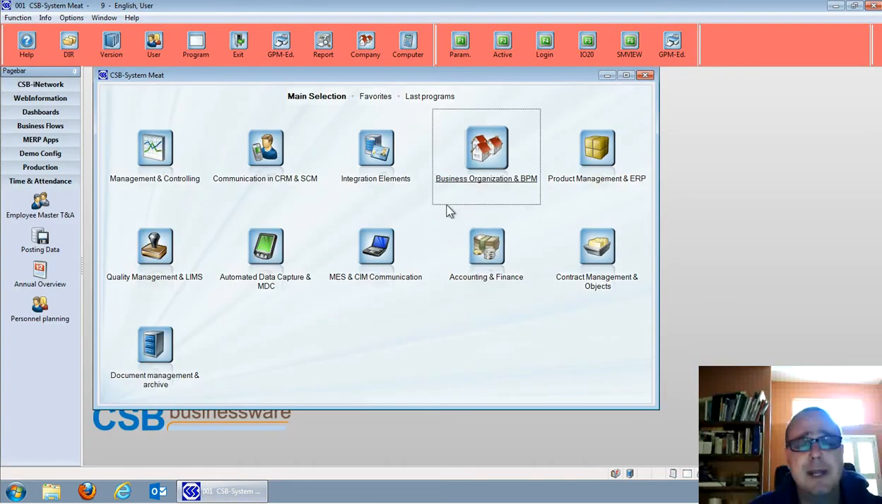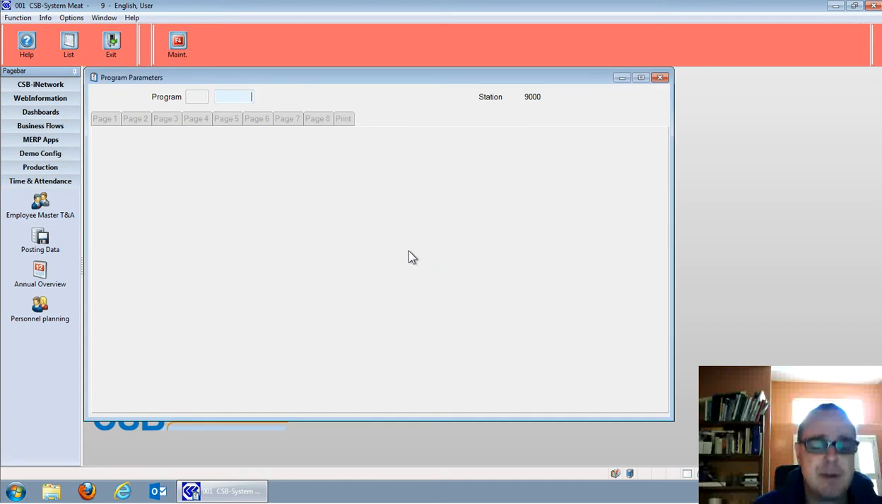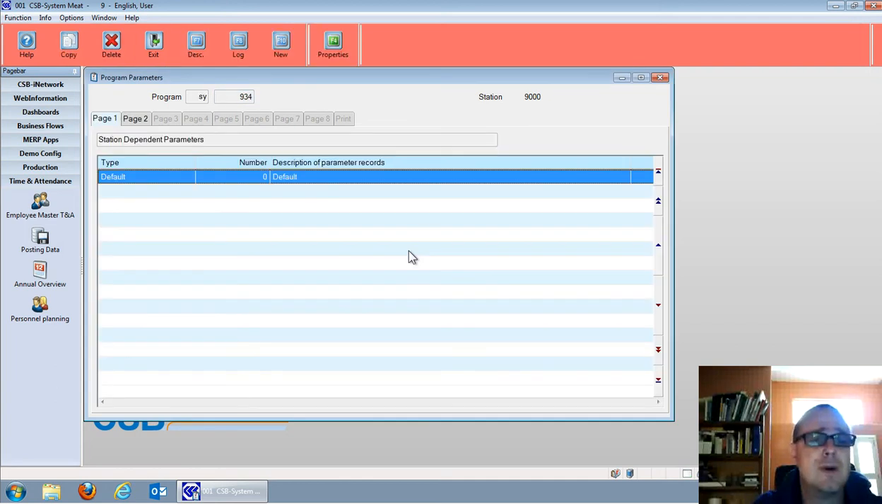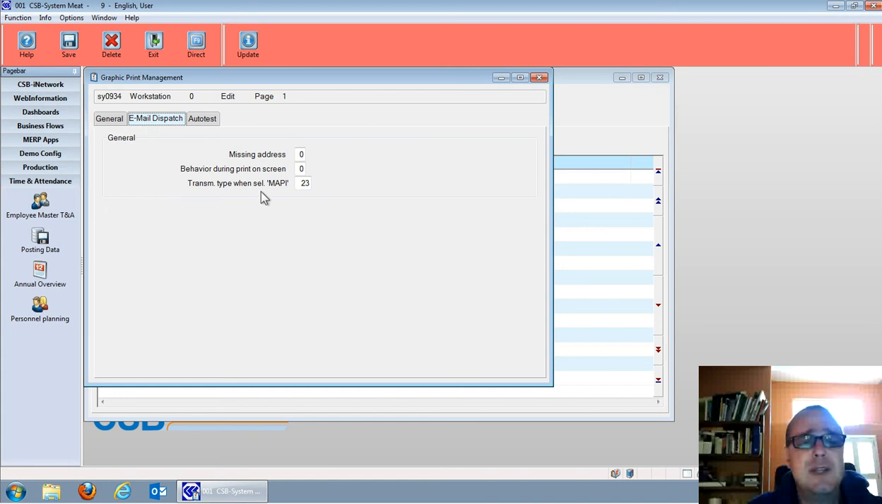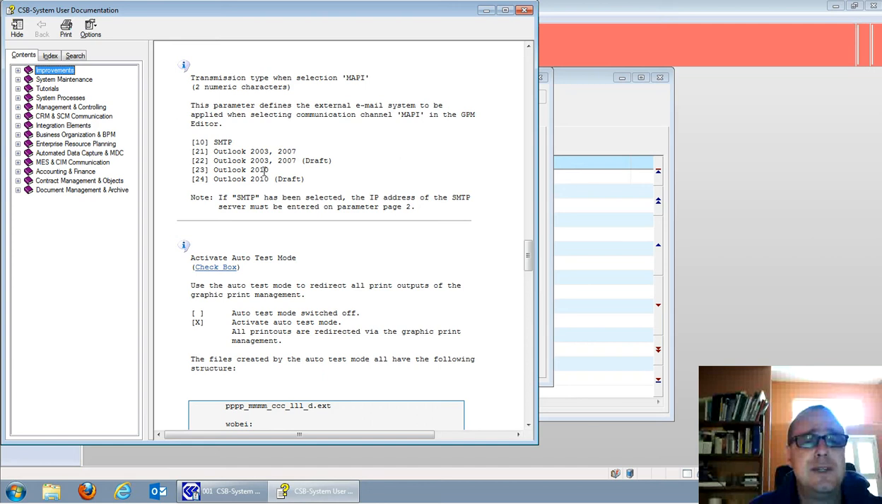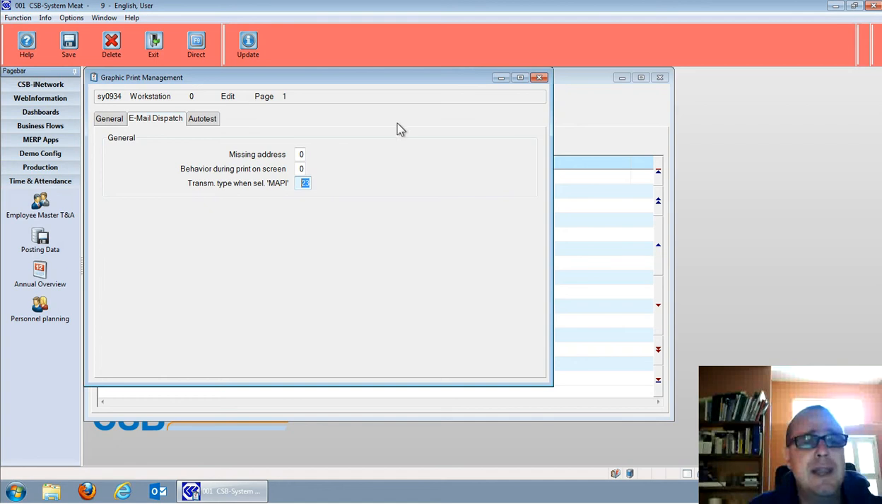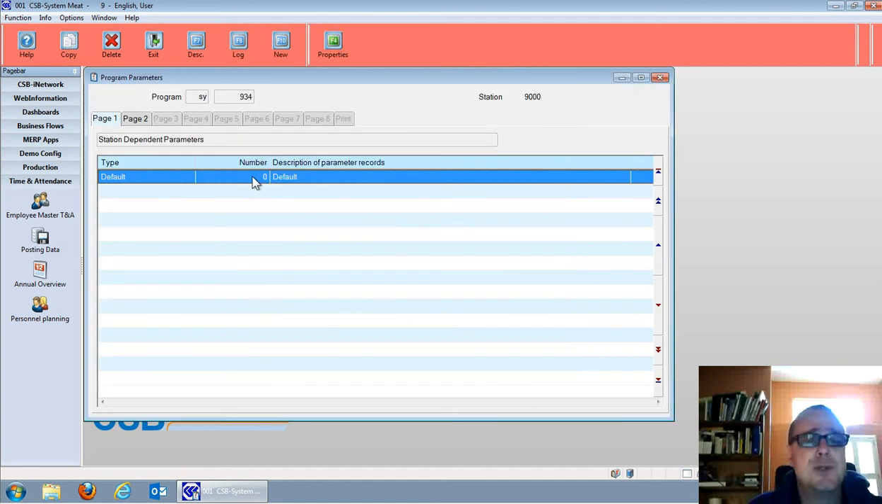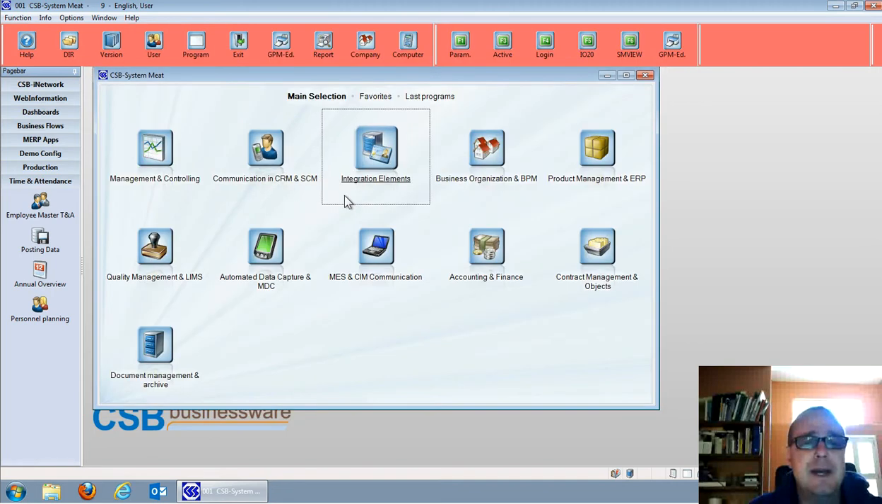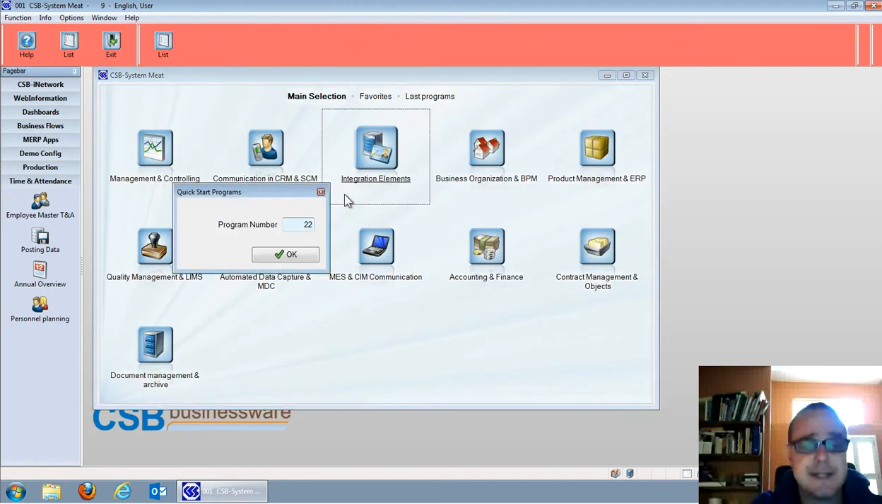The final thing that has been made new in March of 2013 is a number of parameters that you can set in program 934 for email dispatch. When you set this email dispatch, in this instance, there's a parameter setting that is 23, which is for Outlook 2010. There are other parameter settings that you can look at, depending on how you send emails. This email dispatch is, in my case, now set up to Outlook 2010, which means when I again take the same report